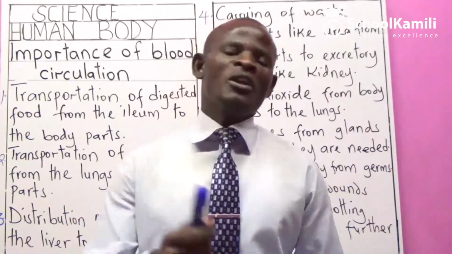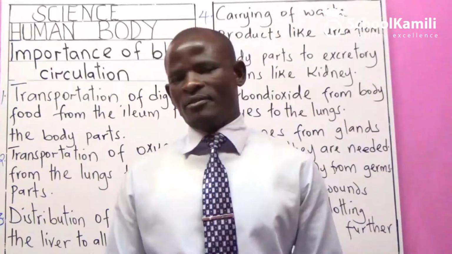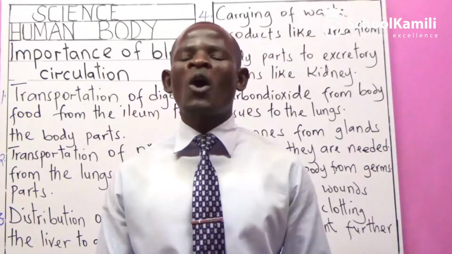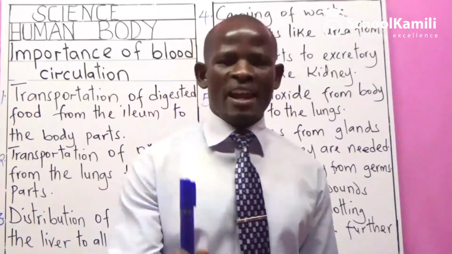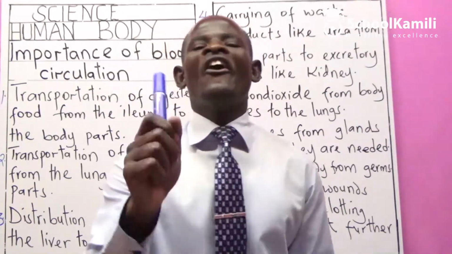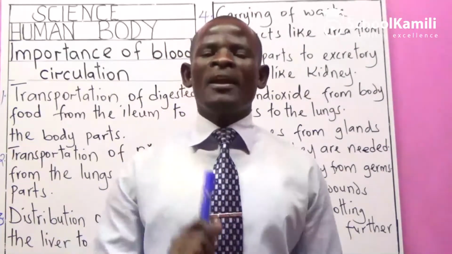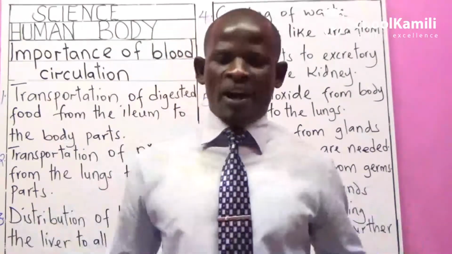For example, when you eat, you need energy. Before the food is digested into small soluble substances called nutrients, we need energy. We need oxygen. Now, reason number one, through blood circulation, through blood transportation, all the body parts are going to